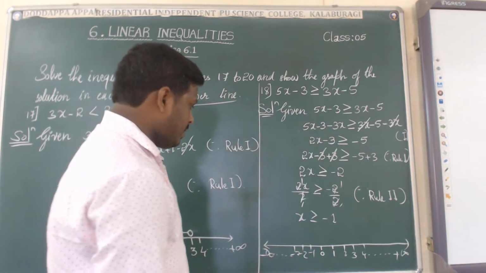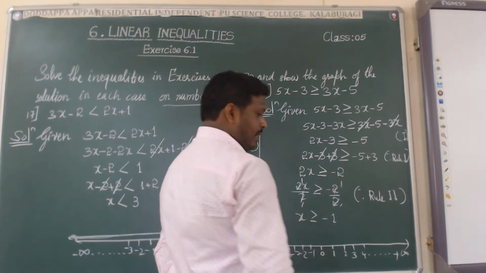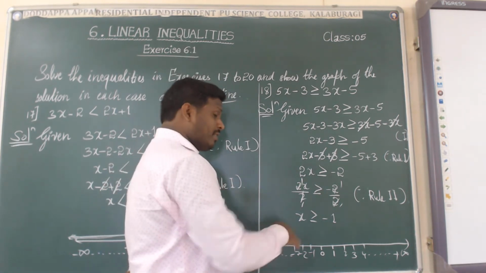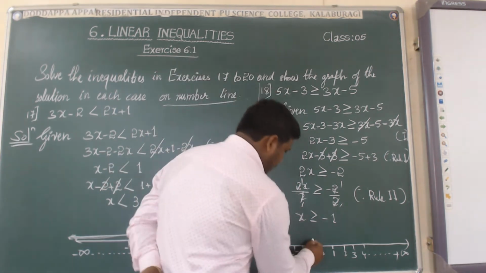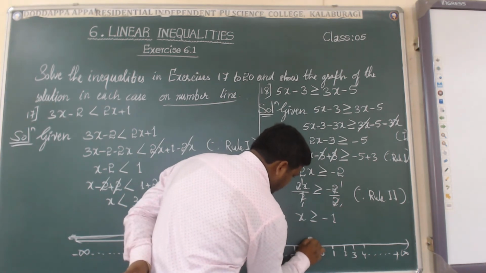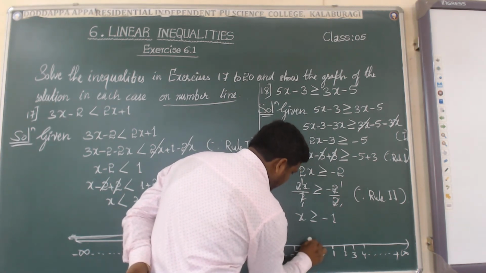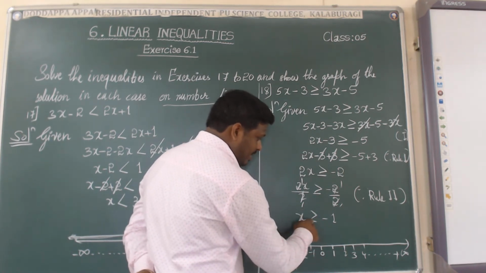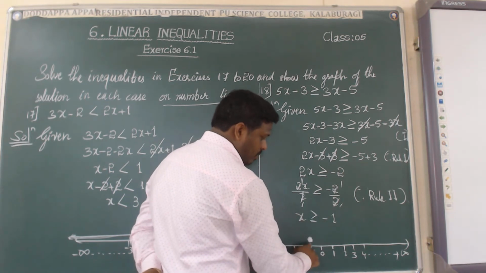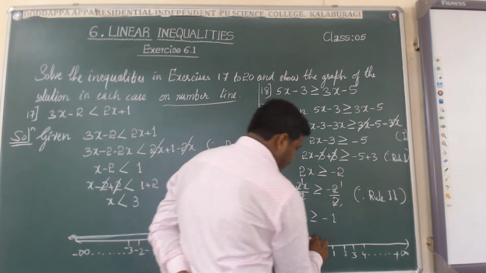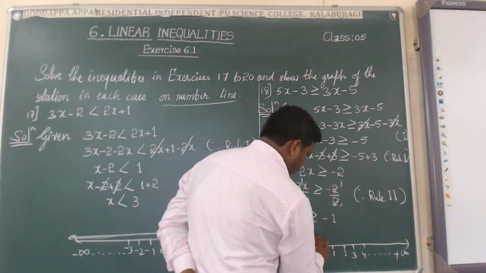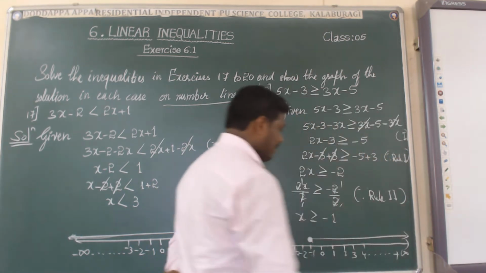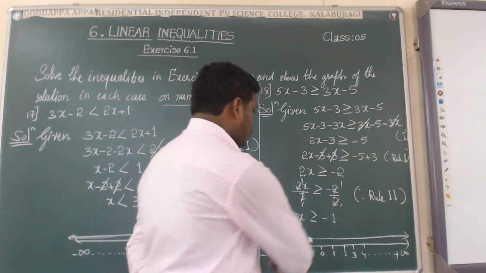See, the value of x is including the minus 1 also. Then we have to use the small circle with shading. Minus 1 is here, and we have to shade this. It means the value of x is including the minus 1 also. Then the value is increasing. The value of x is equal to or more than minus 1, that's why first of all equal is there, then more than minus 1. So the line will be moving towards the right side of the number line. This is the required solution on number line.